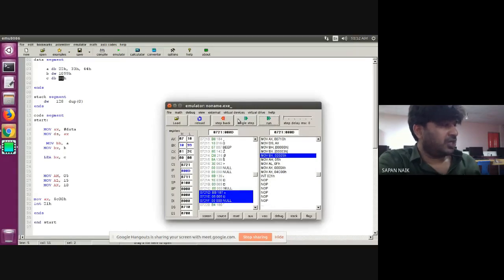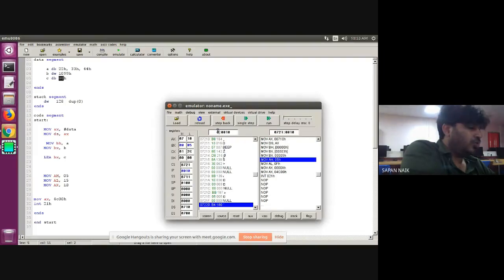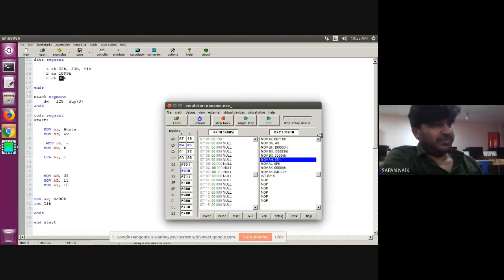Now concentrate on BX. Single step. 0005. Get it? Because my C variable is stored on location 0005. If you want to cross verify, go to data segment 0710:0005. 88 is stored on that particular location.